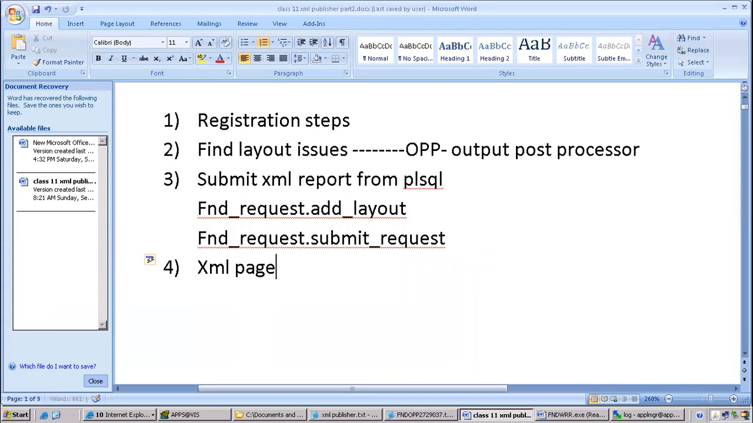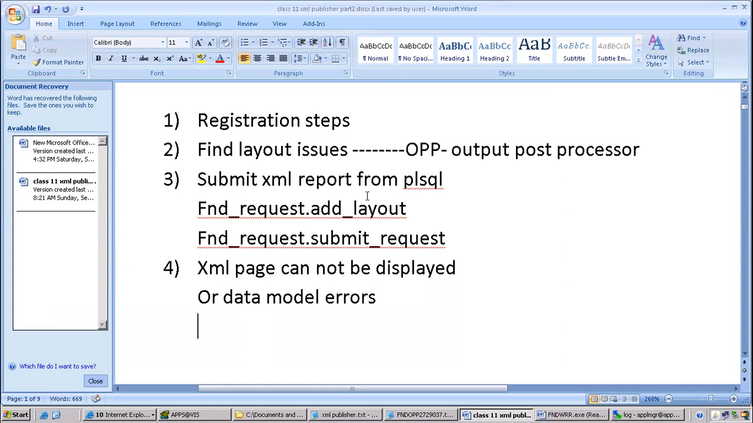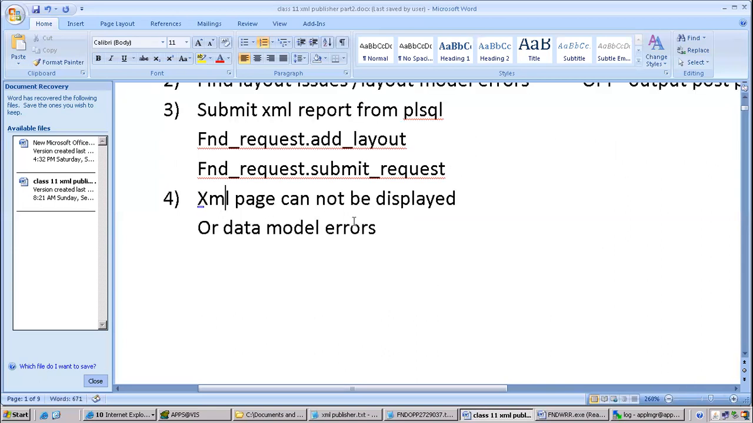XML page cannot be displayed. This is the error. It is called a data model error, or in other words, data model errors. And whatever you have seen before is a layout model error. We have a data model and a layout model for a report, right? XML page cannot be displayed. In which case we'll get this is usually if any XML tag has a space, that space will create a problem. Now, I'll just show you one or two reports,